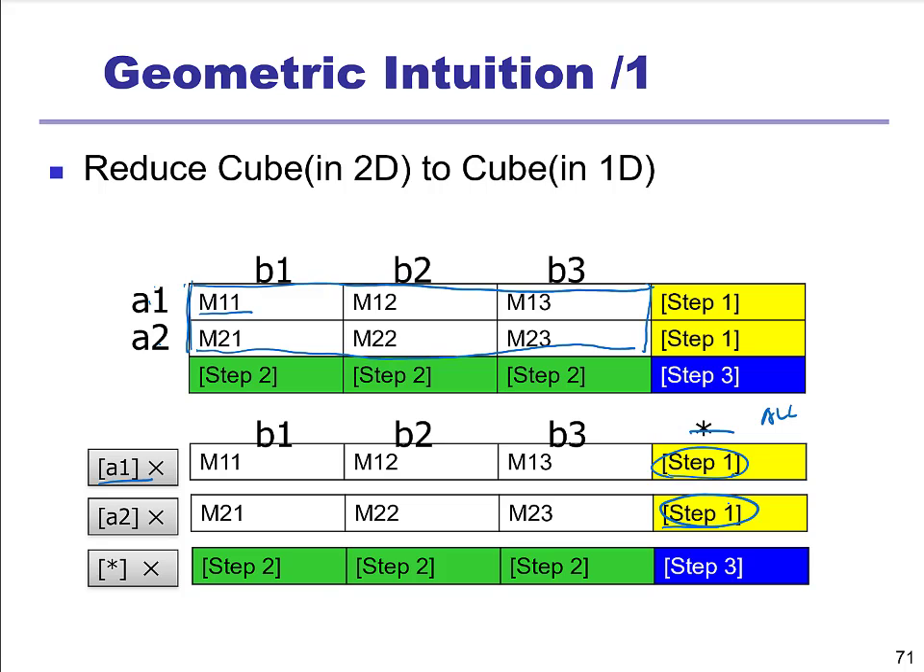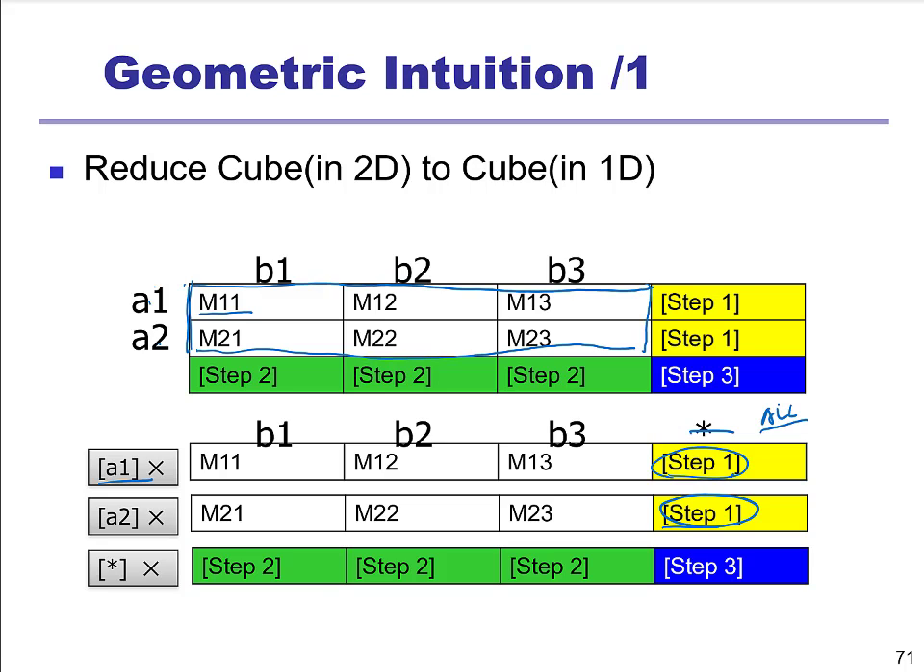So this is step 1. For step 1, essentially what we're doing is we do a slice on A, and then do the aggregation. By doing a slice on A, we just take each and every value of A, right, and do the slice, and then do the aggregation, compute this